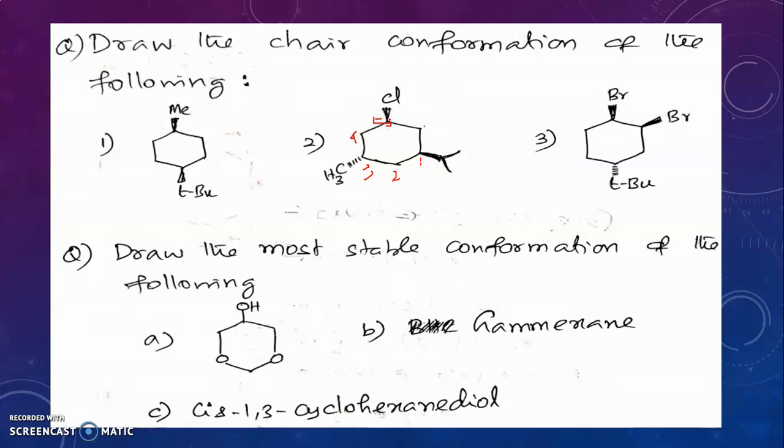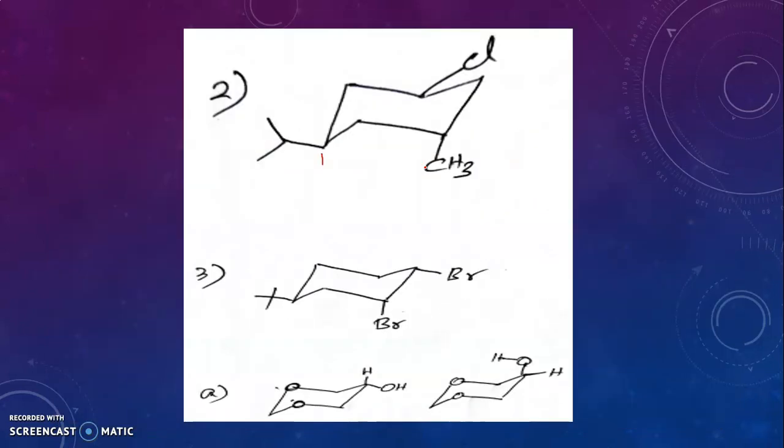In carbon number 5 we have chlorine, right? And what is the relation between isopropyl group and chlorine? These two are cis, and with respect to these two carbons, it is 1,3 position, correct? If we take isopropyl attached carbon as 1, this is carbon number 3. So it is 1,3 substituted, but cis. For 1,3 cis, both should be axial or both should be equatorial. Therefore, since I placed isopropyl group in equatorial position, the chlorine must also be placed in equatorial. So this is the conformation for this compound.